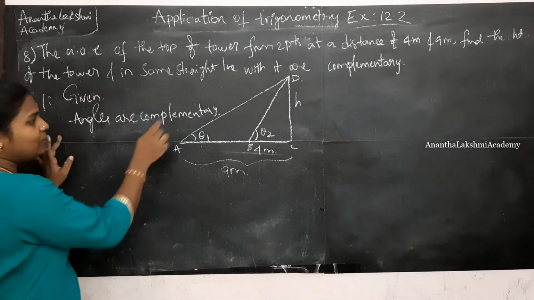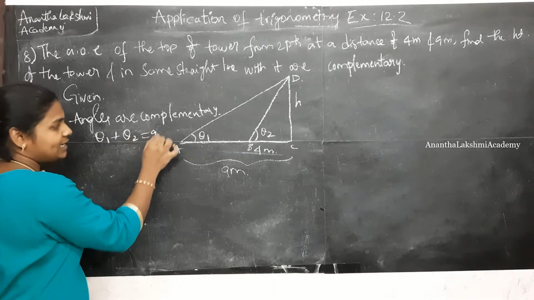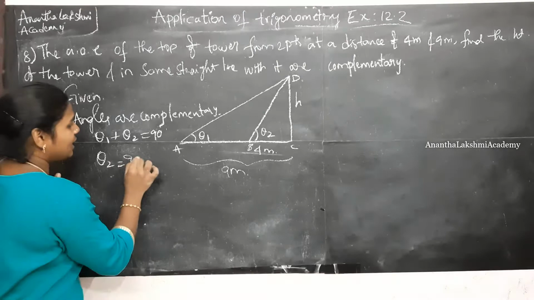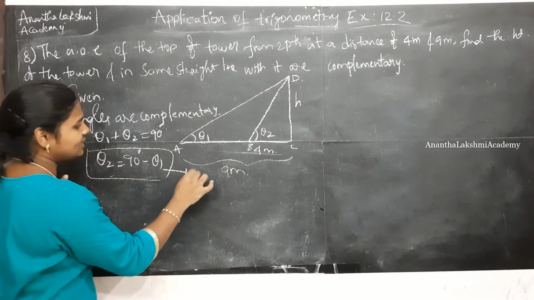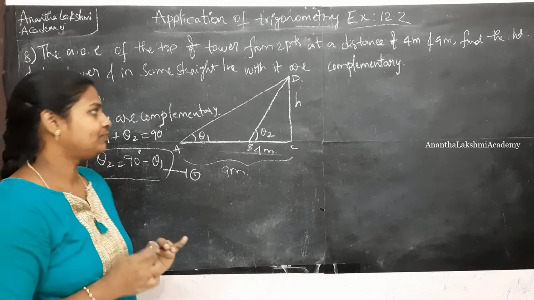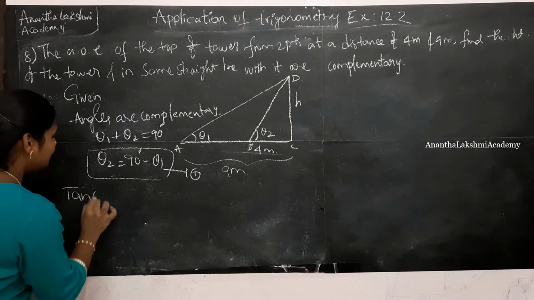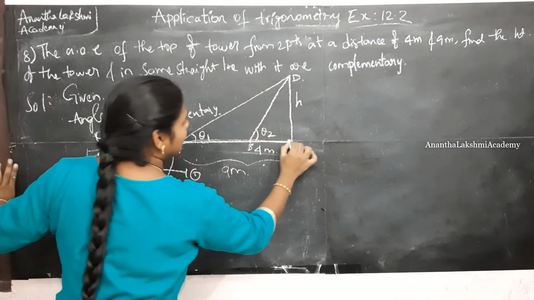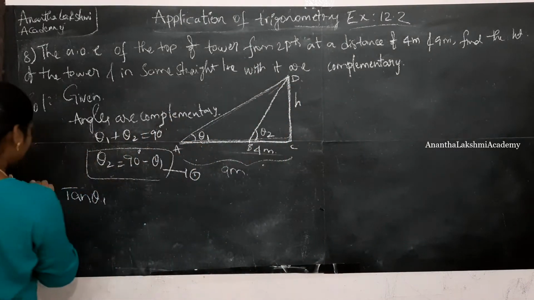So angles are complementary. That means theta 1 plus theta 2 is equal to 90 degrees. So theta 2 is nothing but 90 minus theta 1. Let us consider this as equation 1. Okay. Now, so tan theta 1. Why am I considering tan? Because I know this and that. Okay. Tan theta 1 is nothing but from this bigger triangle, from triangle